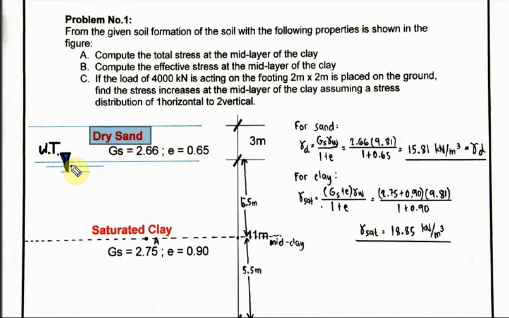If and only if your soil is above the water table, what we use is the dry unit weight. And if the location of your soil is below the water table, for example the saturated clay, which is below the water table, we look for its